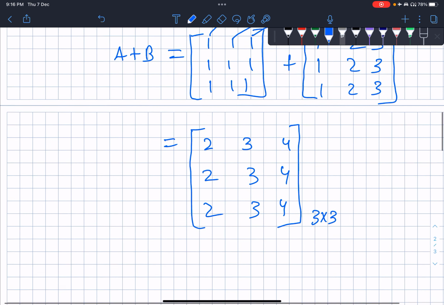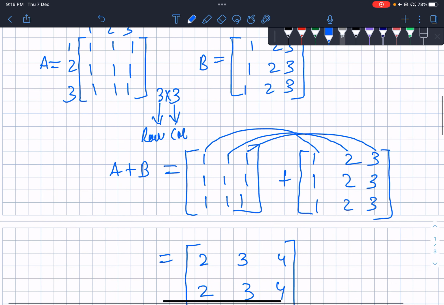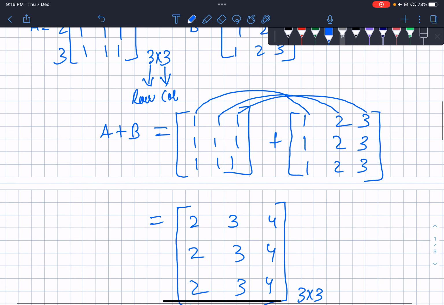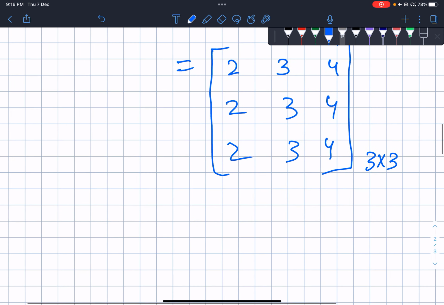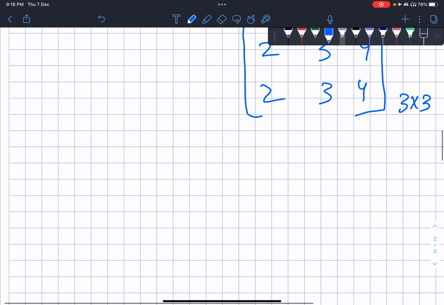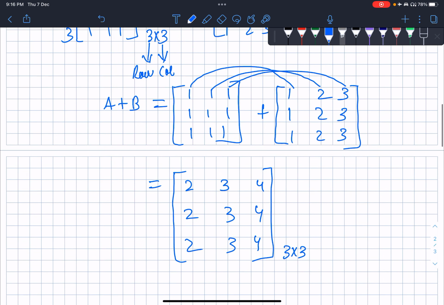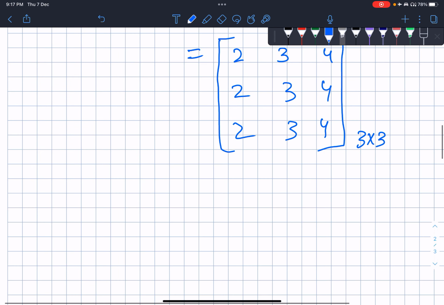Now you may have a question: can we only have matrices of the same size? No, it is not so. In addition we can have matrices which are not of the same size. Let's suppose the previous example, 2, 3, 4, 2, 3, 4, 2, 3, 4,